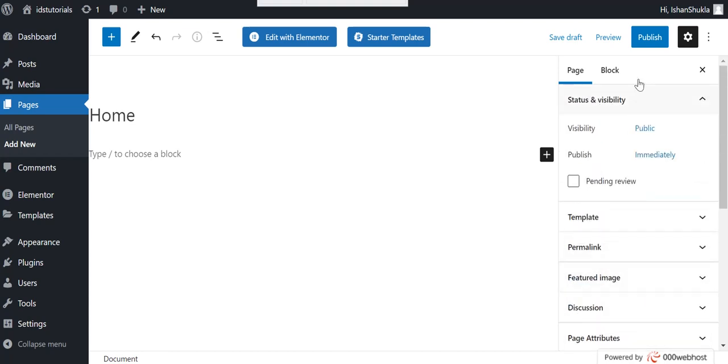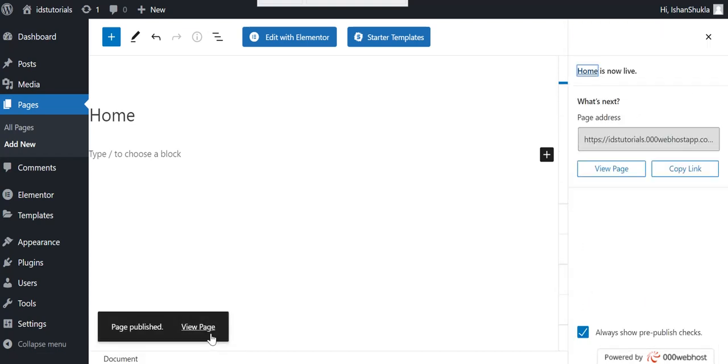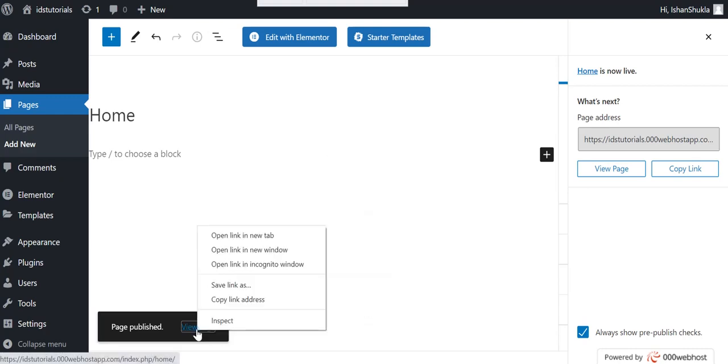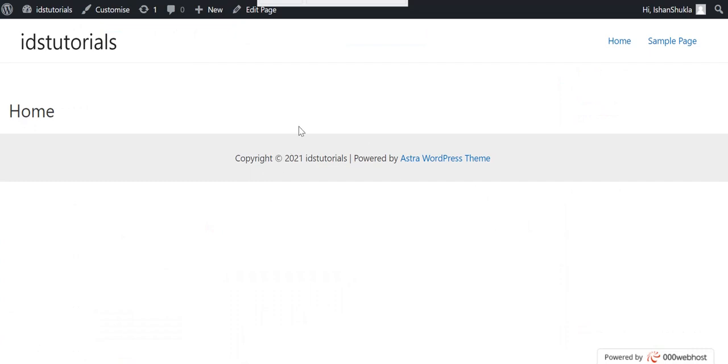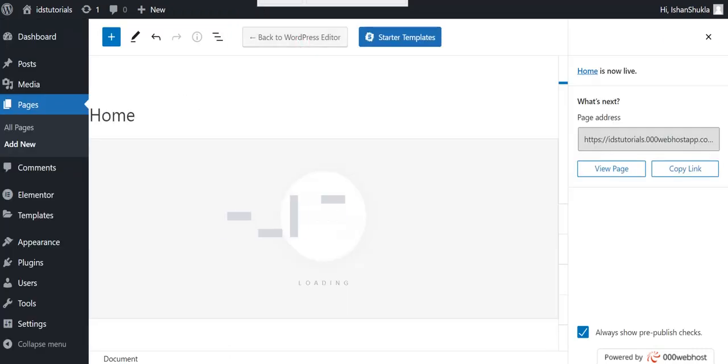So after that click on this publish, and we will see our page. Our page looks like this kind. Now click on this edit with Elementor, and we will now start building this home page.